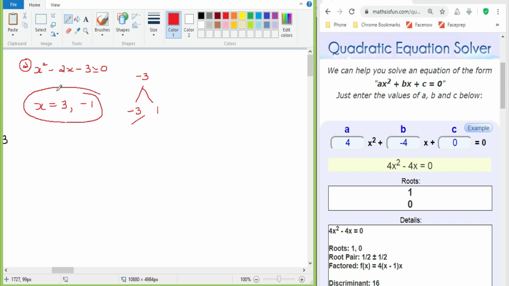Okay, now I'll take one more problem here. Question number 3: x square minus 3x minus 10 is equal to 0. Here what we have to do? The product should be minus 10 and we need to have two numbers. We need to find the two numbers of the tree.